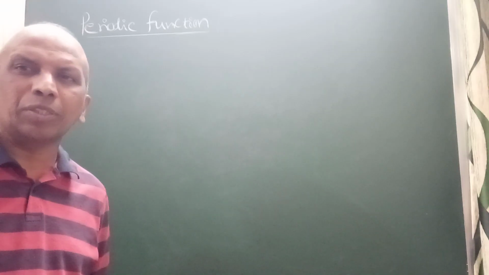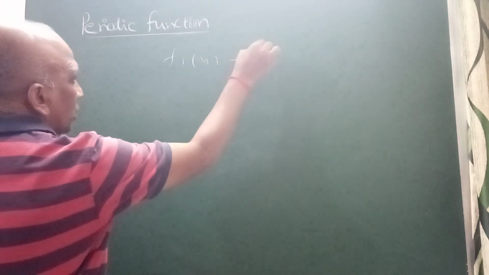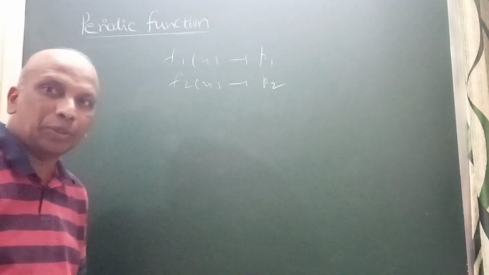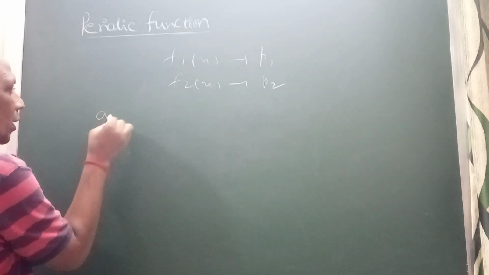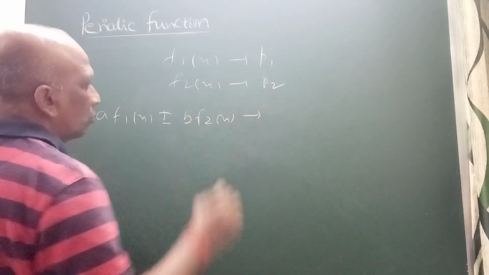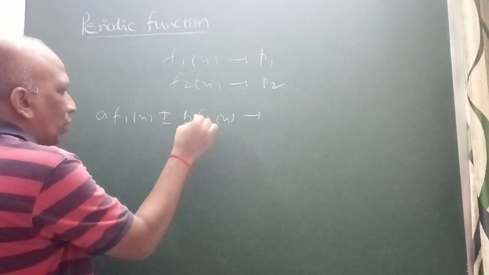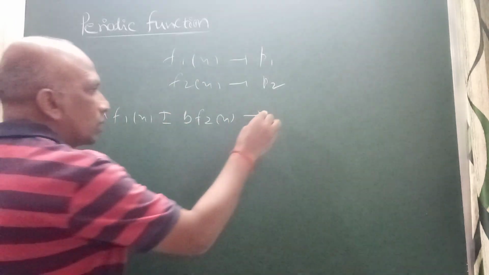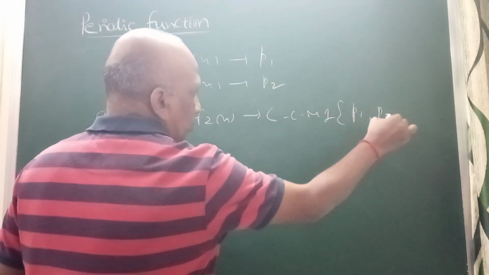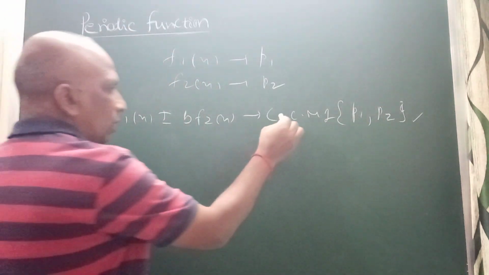Next one I will discuss one more. Now when you are finding periods of functions, sometimes they may give a combination. For example, the period of f1 of x is p1, f2 of x is p2. More than 2 they can also give. Then what is the period of a into f1 of x plus or minus b into f2 of x? You know the individual periods. I can take more than 2 functions also. In this case I can write LCM of p1, p2. You will find the LCM of this.